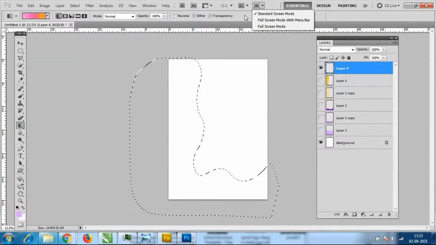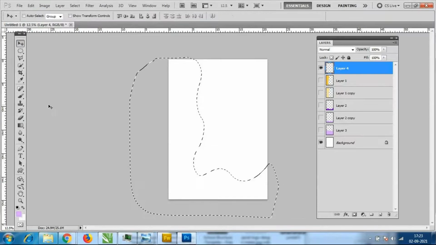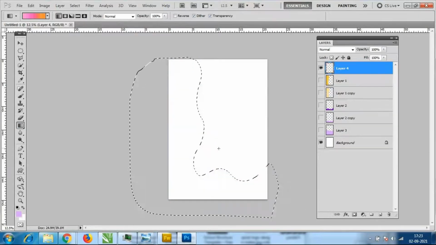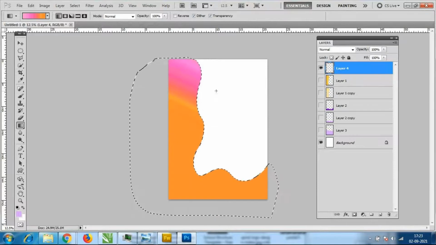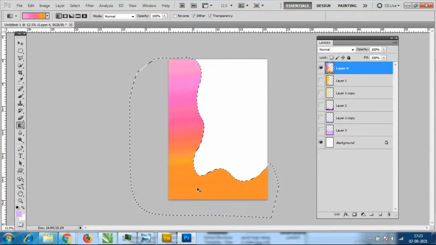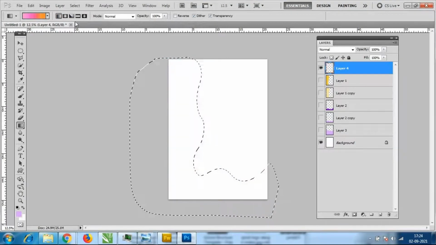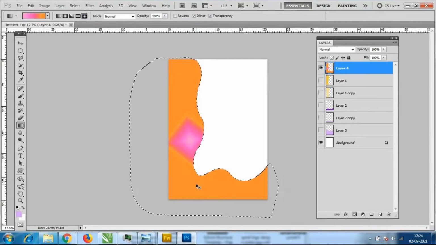Okay, just go to this gradient tool. I'll just add the gradient tool like this, how much ever you want. See, wherever you want you can add the gradient.